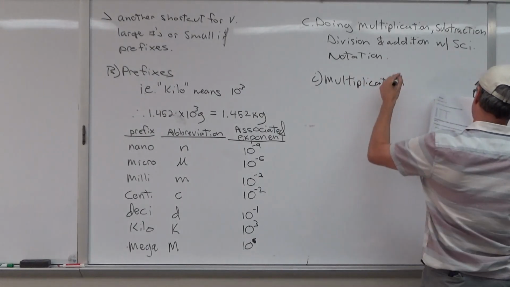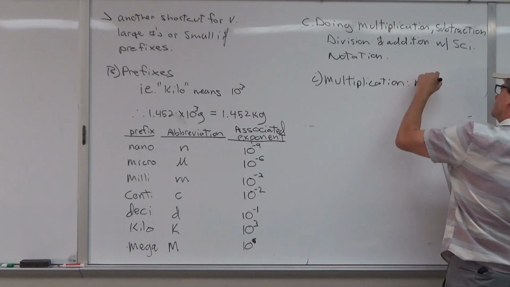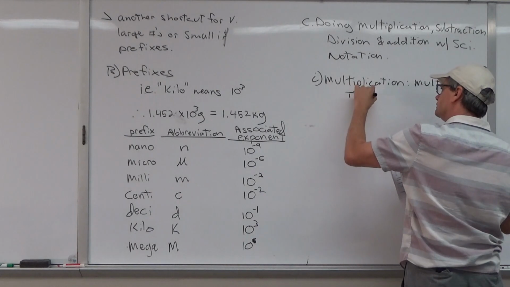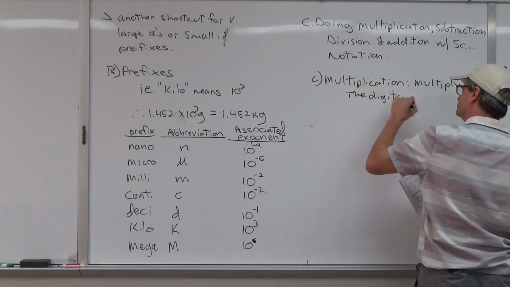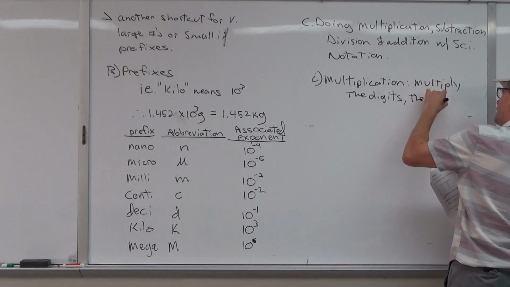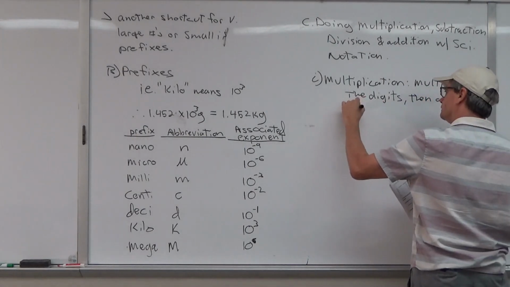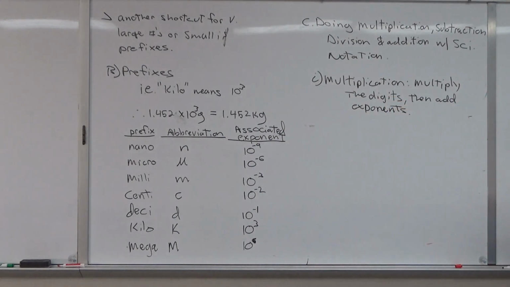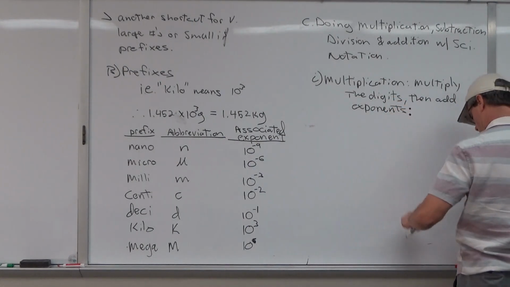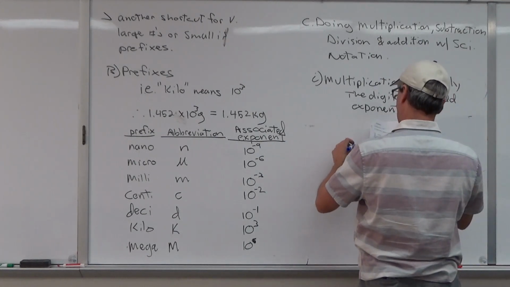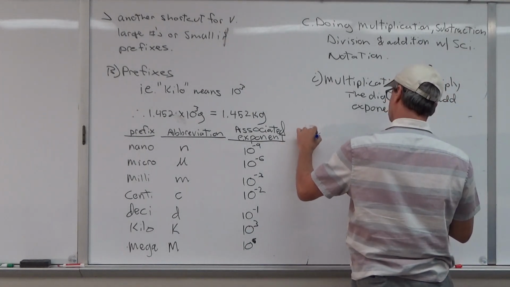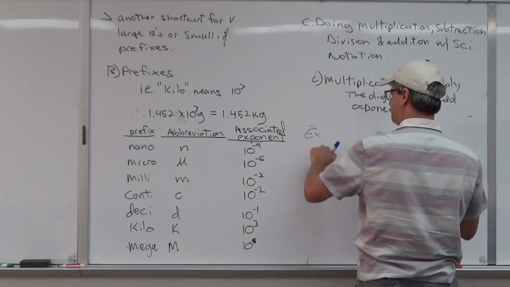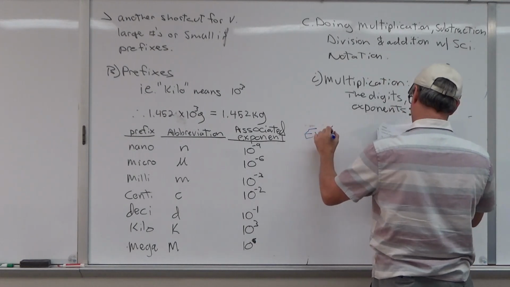Okay. Simply multiply the digits. Okay. Then add the exponents. Okay. All right, so example here. Suppose we had, suppose we have